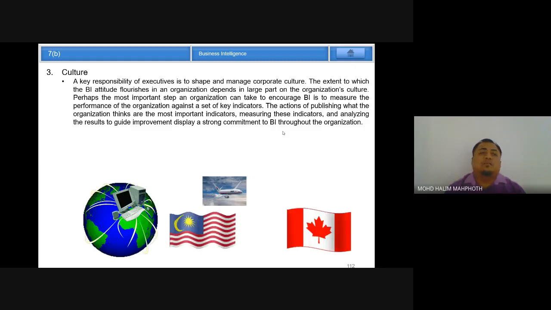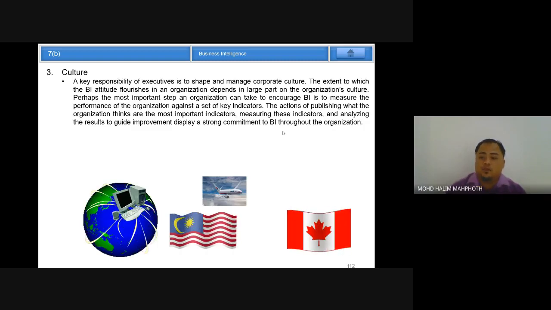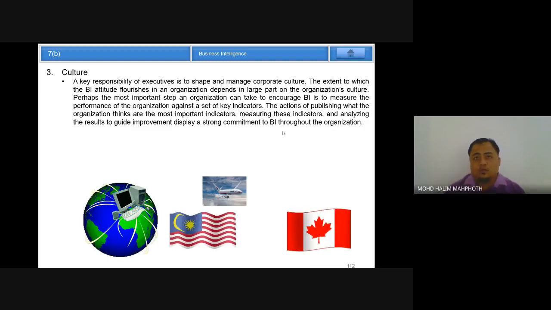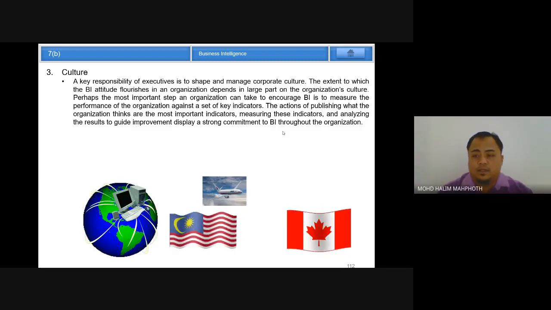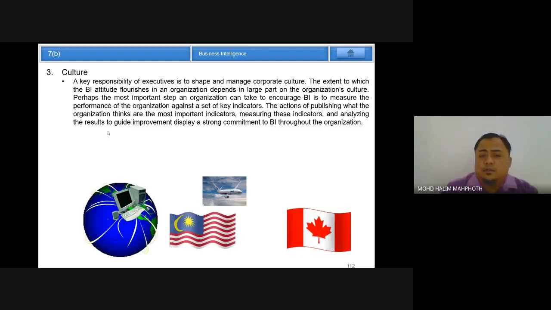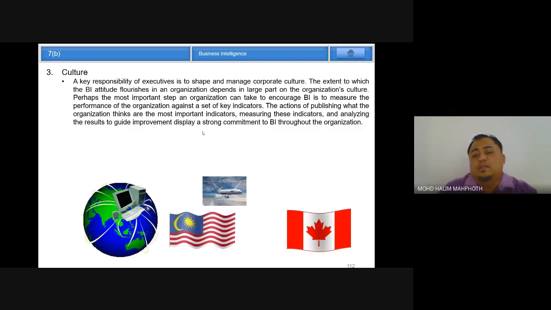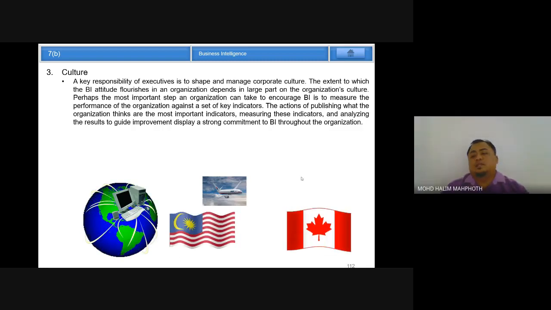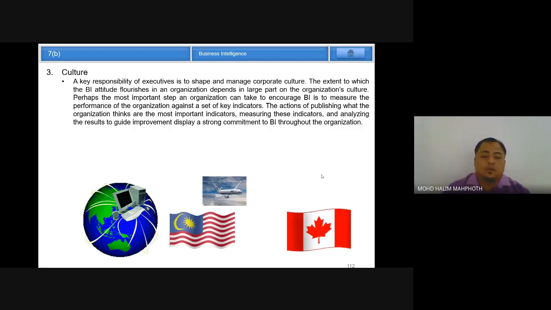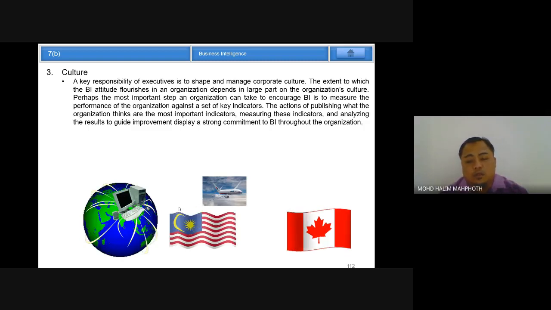Key indicators set by the companies for this particular person in order to achieve business goals or company goals, which helps the employees and employers in decision making. And analyzing the result to guide improvement, display a strong commitment to this business intelligence throughout the organization. Like what we have, it can be considered as a global